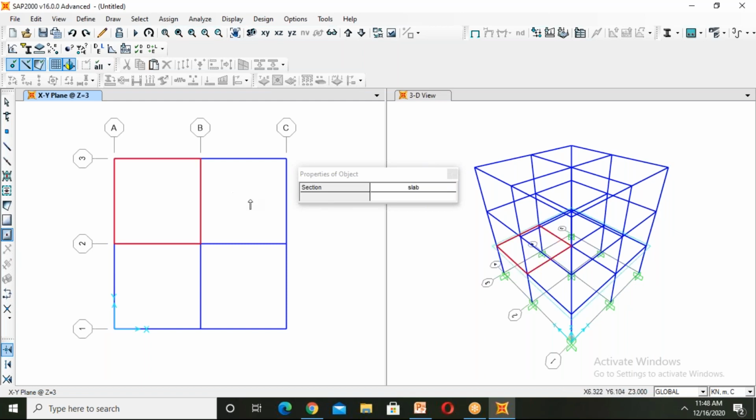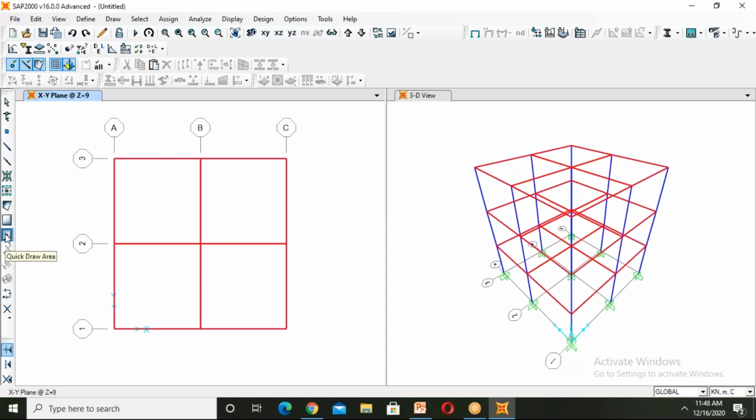So just click in the center of the area. Then the slab will be assigned. Yes. Now we have assigned the columns, beams, and slabs.